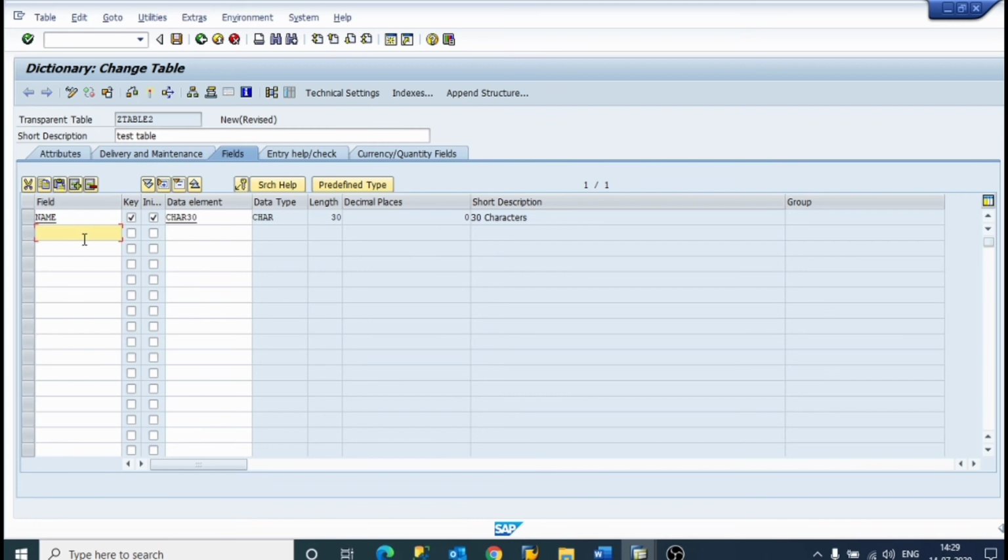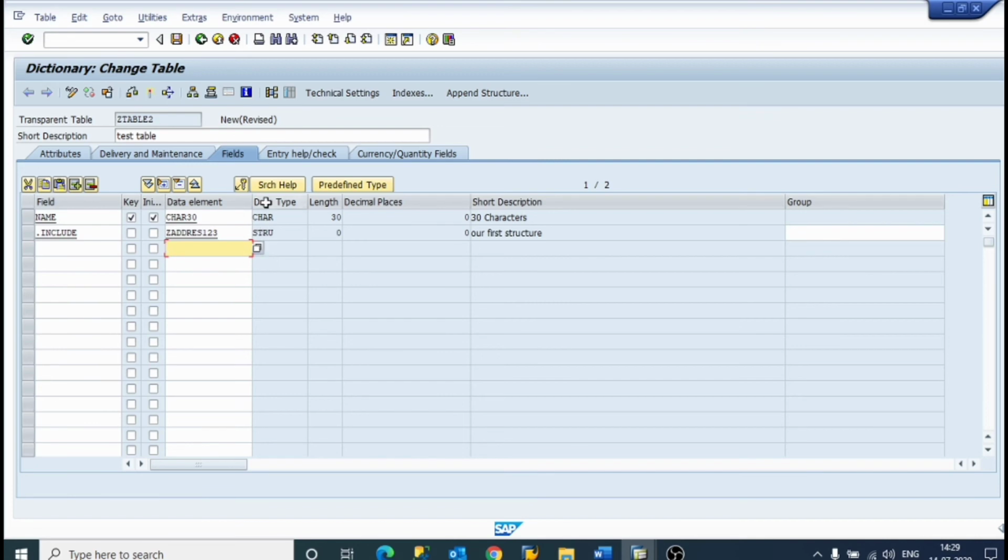Now we have to create an include structure. So we have to write .INCLUDE in fields, and in the data element I write the structure name Z address. I will enter it.